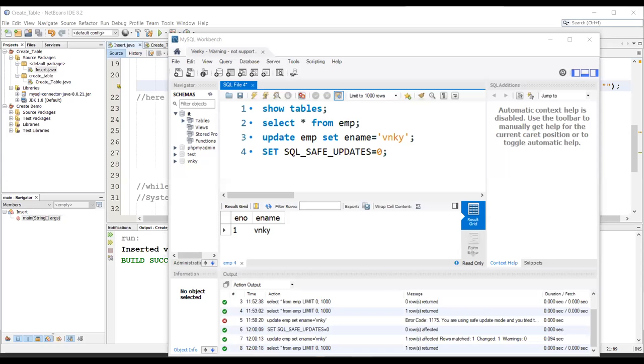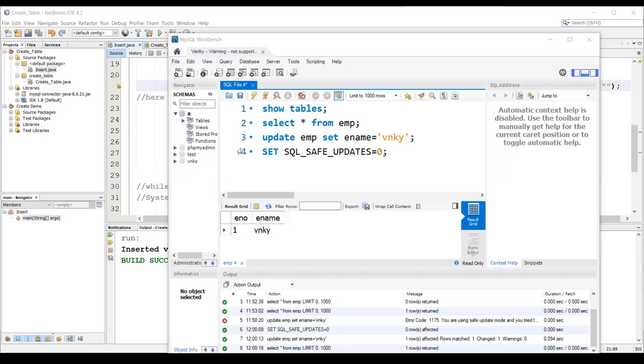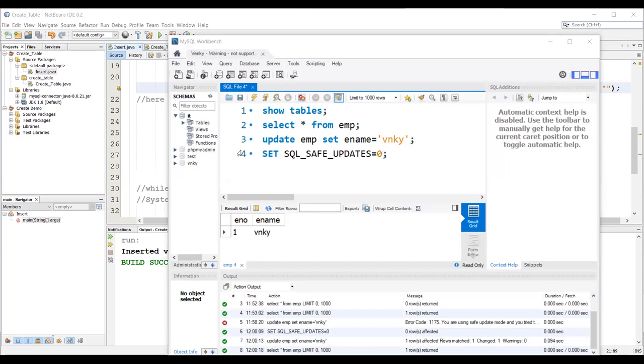For you, this workbench software will help you to interact with the database by using this GUI. I already told you that we can interact with the database either directly by using database software, or we can interact with the database by using a Java application. If you are using a Java application, then we are going to use JDBC programming. With the help of drivers, we are going to connect with the database, and from the Java application we are sending the query, and that particular query call is converted into JDBC calls by using the respective drivers.